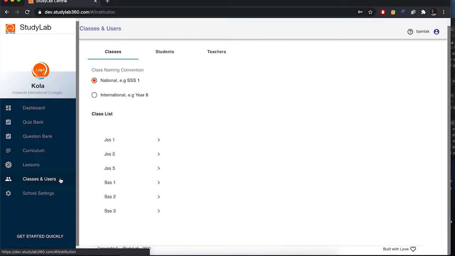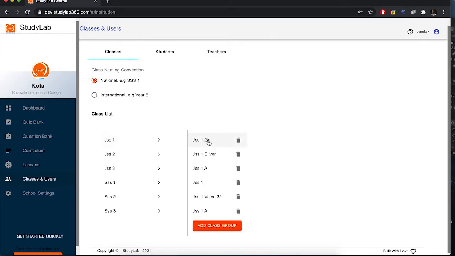And so the first thing I've done is to come to classes and users. I can see three tabs here: classes, students, and teachers. Under the classes, you could select the naming convention you're interested in. It could be the National Naming Convention, for instance, SS1, or the International Naming Convention, for instance, Year 8. So in this particular account, there have been already classes set up, but I'm going to set up one under the SS3 class. So you can see I already have some classes set up here, but setting up a class